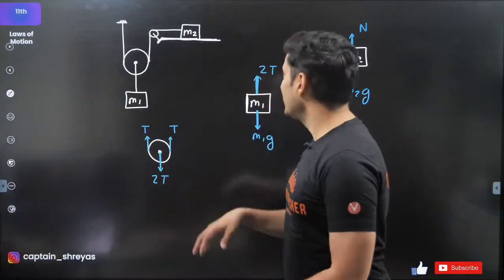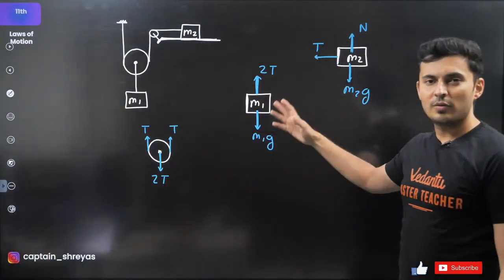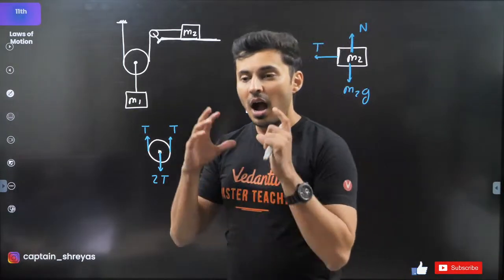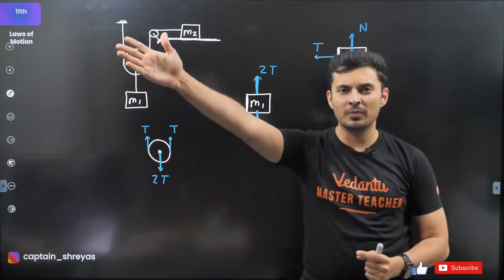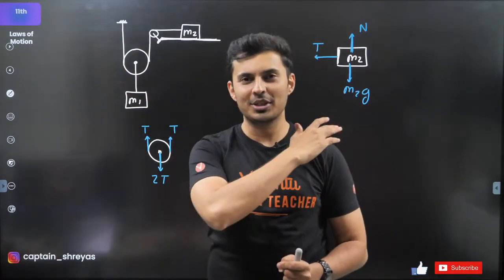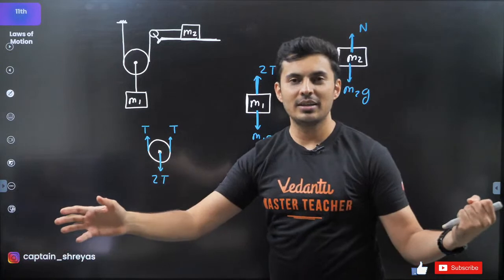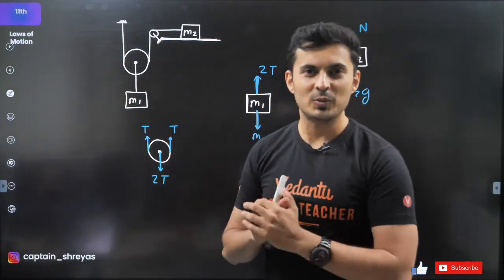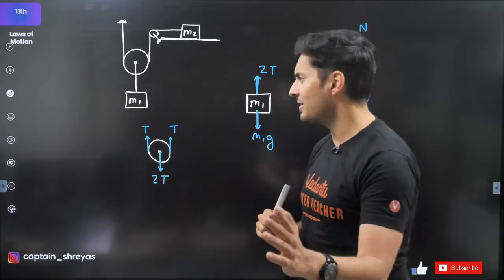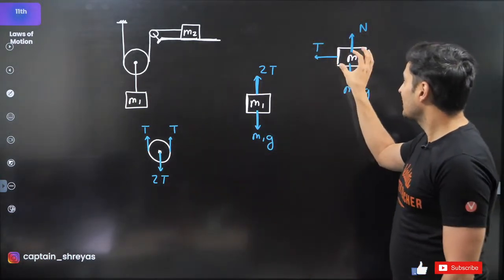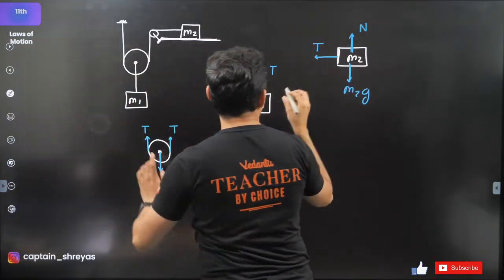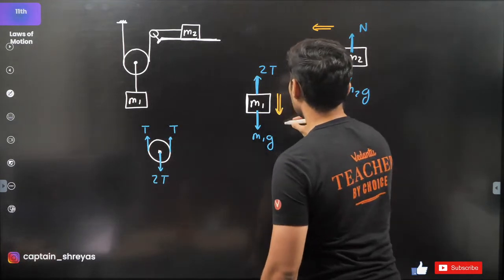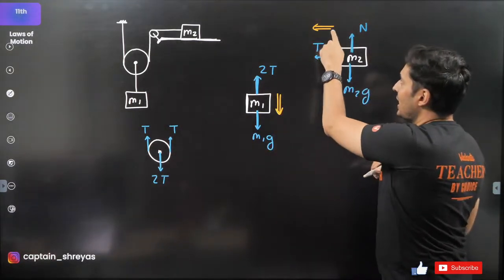See, whenever you see tensions in the direction of the motion and you know the accelerations are different, all you see is how much is the tension along the motion, how much is the tension along the motion, and just do the inverse of it, then you will get the accelerations ratio. What I mean is basically, if this mass is going to accelerate, obviously this way, I think this mass will fall down this way. The tension in the direction of motion,